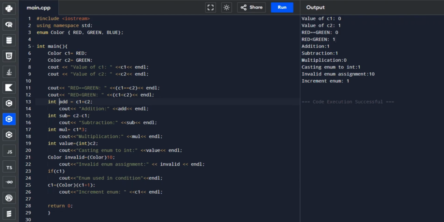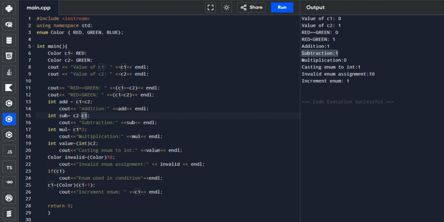So in this part, we add C1 and C2, 0 plus 1, so in the output it becomes 1. And then in our subtraction, it displays 1. It's because C2, which is 1, minus 0, so it becomes 1. 1 minus 0 would be 1.